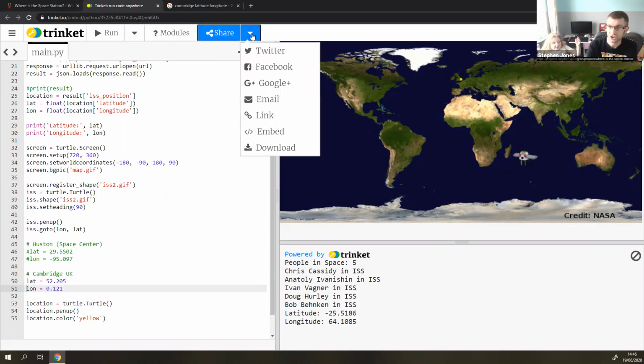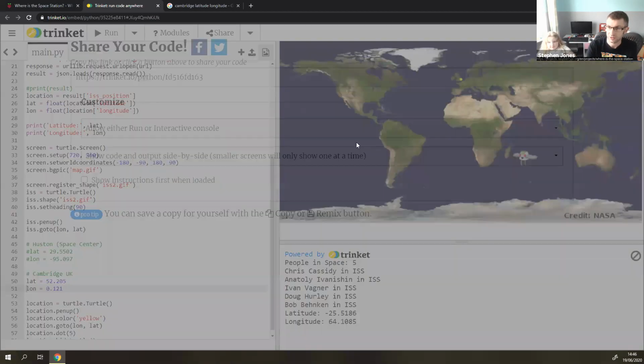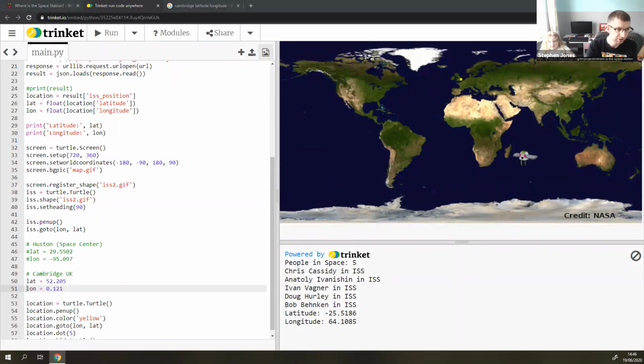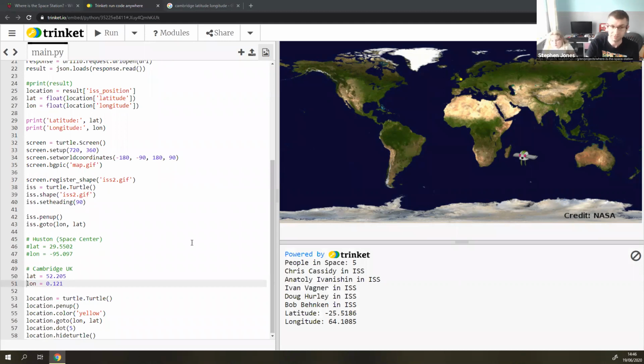Right, so I'm going to share this code as we're up to at the moment, because we're on to the next stage. So we've got a dot on the world map for where you want to know where you are, or where you want to know about where the space station's going to be next, but we haven't got that information. Now, once again, we're going to use another API,